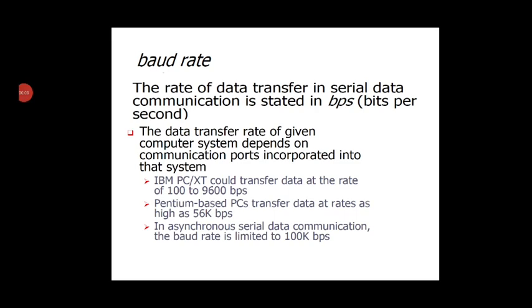In today's session, we'll see what we mean by baud rate. It is the rate at which the data will be transferred in a serial mode, and the unit of data transmission is BPS. We call it a baud rate. The data transfer rate of a computer